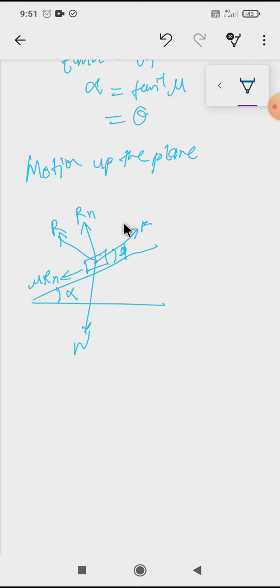Here we are considering a body moving up the inclined plane under the action of a force F. As the motion is up the plane, the friction force, that is mu Rn, would act downward along the plane. So the body is in equilibrium under the action of three forces, that is W, external force F, and resultant force R. If we apply Lami's theorem, with these three forces,